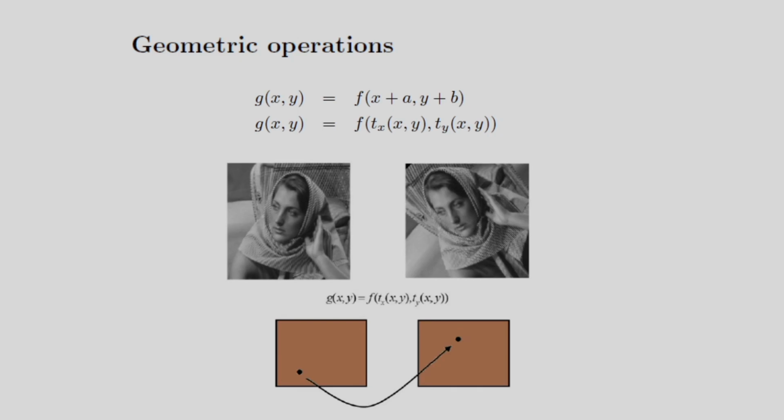And I have considered some geometric operations. So if you see here, g(x,y) is equal to f(x+a, y+b). That means g(x,y) is the output image, f(tx(x,y), ty(x,y)), where tx(x,y) is the transformation for the x coordinate, and ty(x,y) is the transformation for the y coordinate. And that means I am changing the domain of an image. That is the spatial coordinates I am changing. So based on this equation,